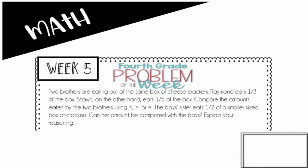Compare the amounts eaten by the 2 brothers using those comparisons of less than, greater than, or equal to. The brother's sister eats 1/2 of a smaller size box of crackers. Can her amount be compared with the boys? Explain your reasoning. So it's a little odd because I would say this question in between kind of breaks up